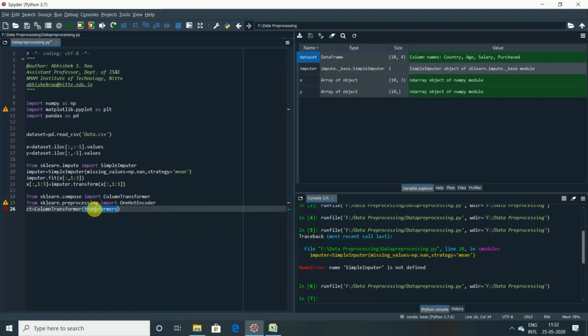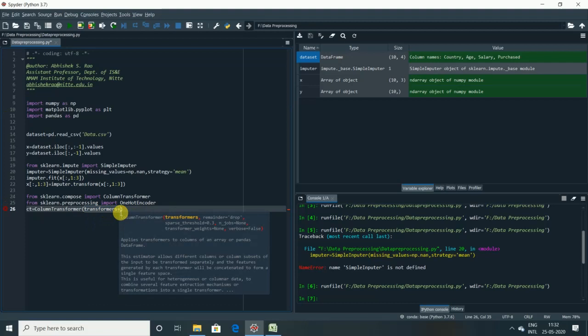So what we do here is transformers equal to, and now within the square brackets I open it. I need to use an encoding style, that is encoder.